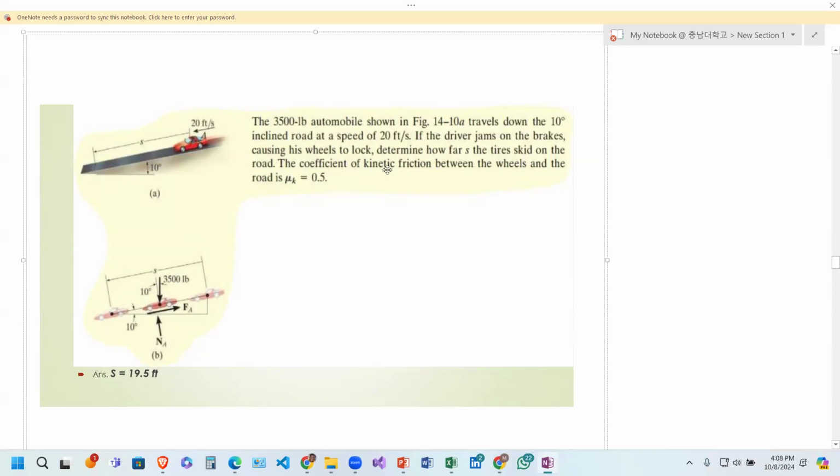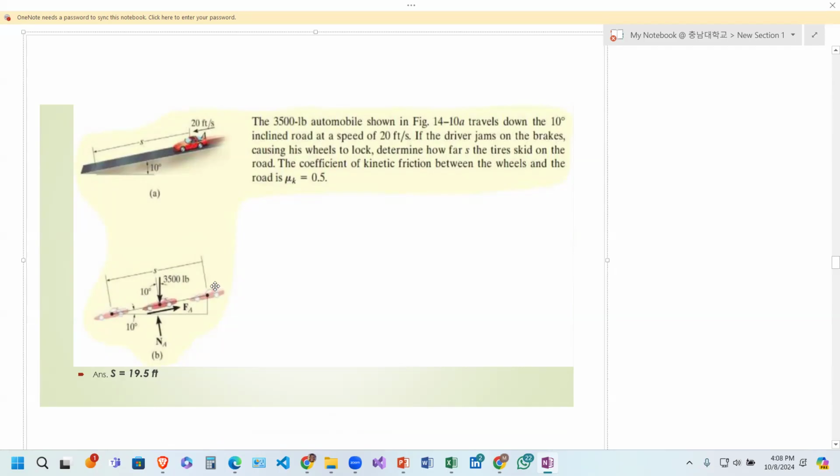The coefficient of kinetic friction between the wheels and the road is this, right? So now we have the force, which is 3,500 pounds, and then inclined at an angle which is 10 degrees, and then they want you to find the distance